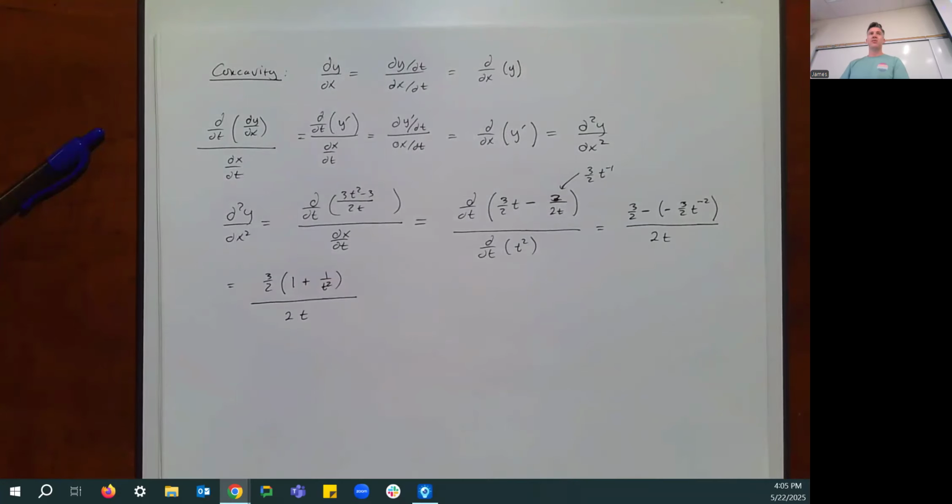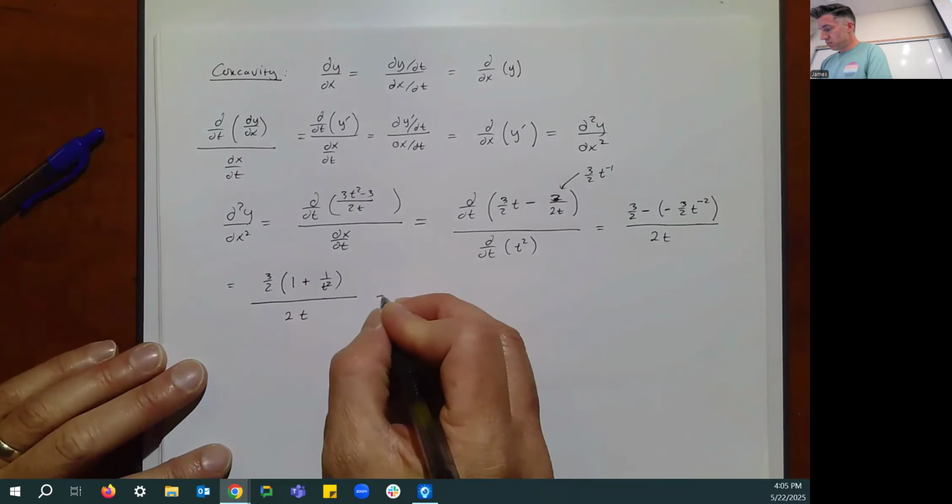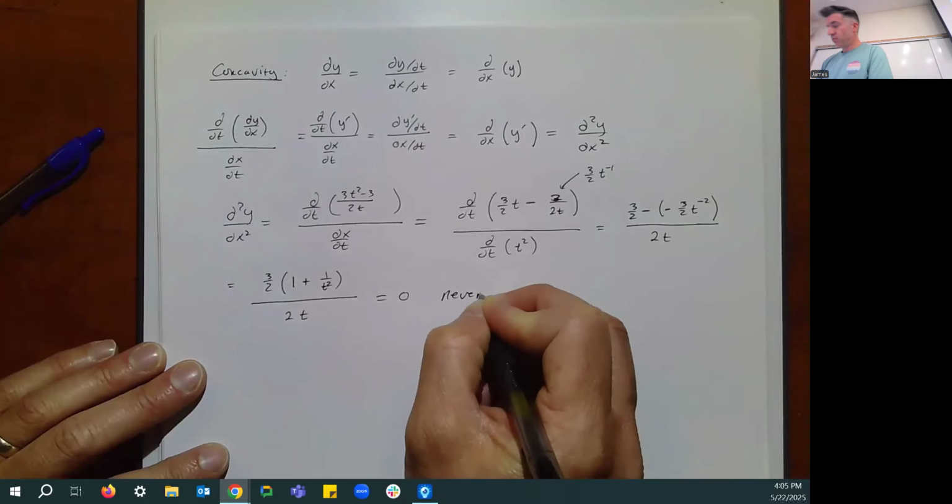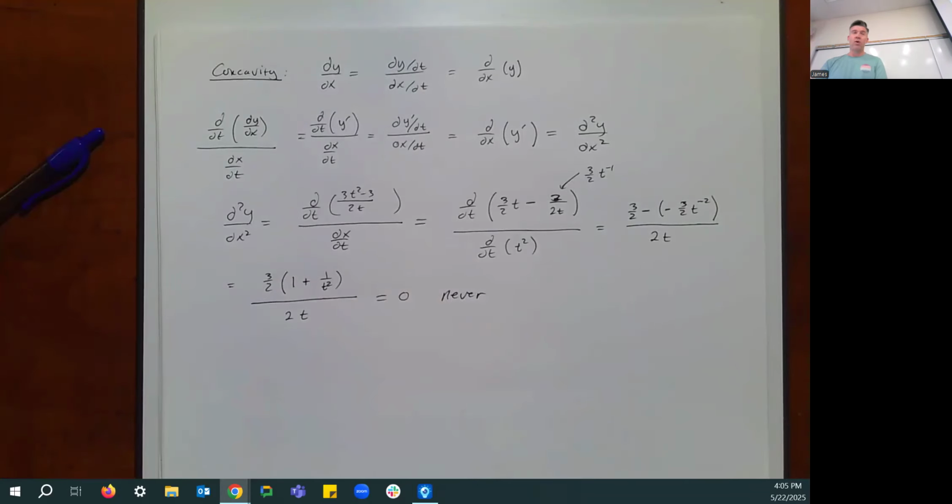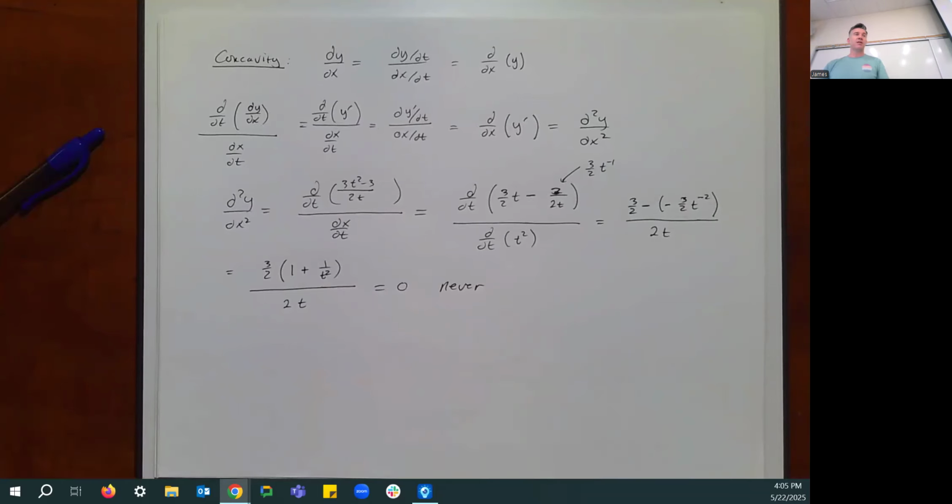If you set this equal to 0, not that we need to, but I'll just point out this is never equal to 0, because the numerator is never equal to 0. 1 plus 1 over t squared can't ever equal 0. What does that mean? It means there are no points of inflection. So the second derivative here is either positive or negative, but it's never 0. It could be undefined when t equals 0, which I guess makes sense because if we look back at our graph,